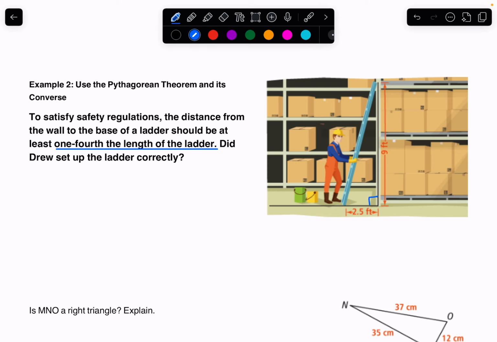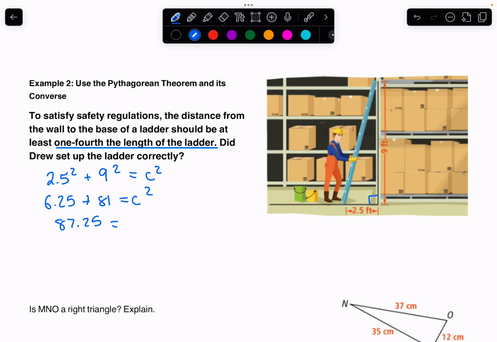We know this is a right triangle because it is between the floor and this vertical wall. So we'll use 2.5 squared plus 9 squared equals c squared, and we will solve the Pythagorean theorem for that one. I have to use a phone calculator. I was not prepared for this. 6.25 plus 81 equals c squared. So we end up with